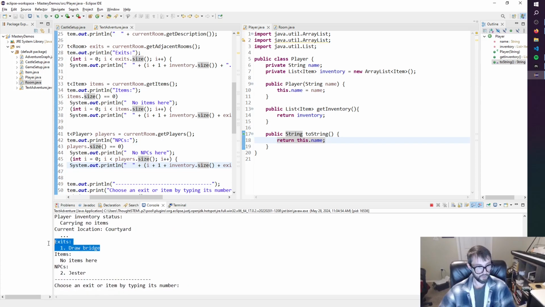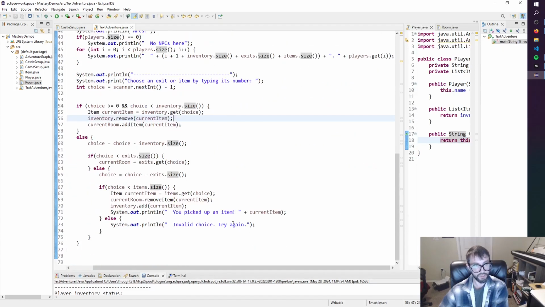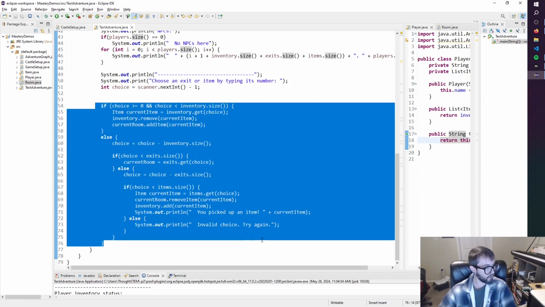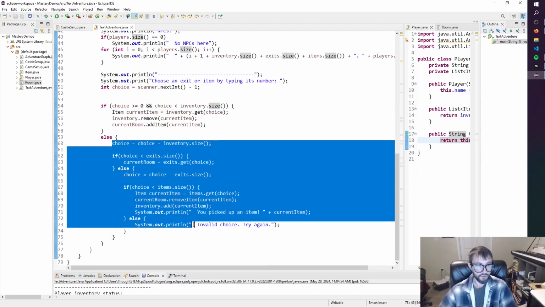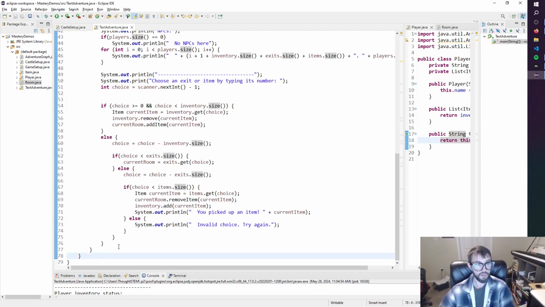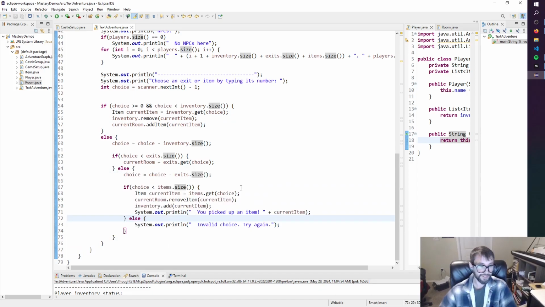Yeah, so now we're in the courtyard, exit Strawbridge, no items, but there is a Jester. Now, can we talk to the Jester? No, I don't think that's gonna work because we haven't changed the choice logic here to allow that to happen. And this choice logic is already getting kind of gross. Once the third nested if statement gets added to code, I start to consider it too complicated. So I could certainly continue to make the code worse by adding another nested if statement just to get talking to NPCs to work. But I've kind of reached my limit of how gross I'm willing to let the code